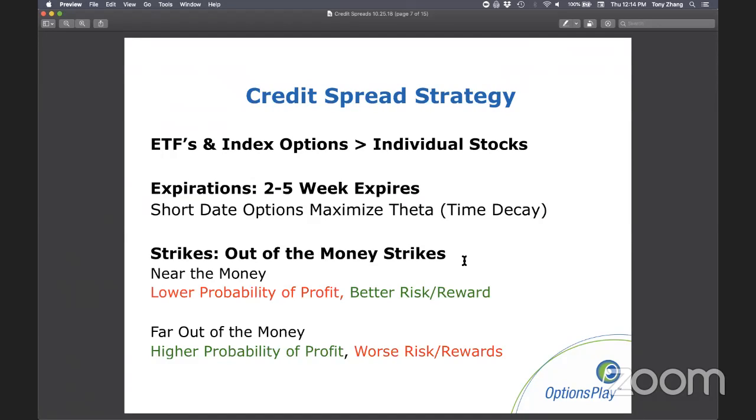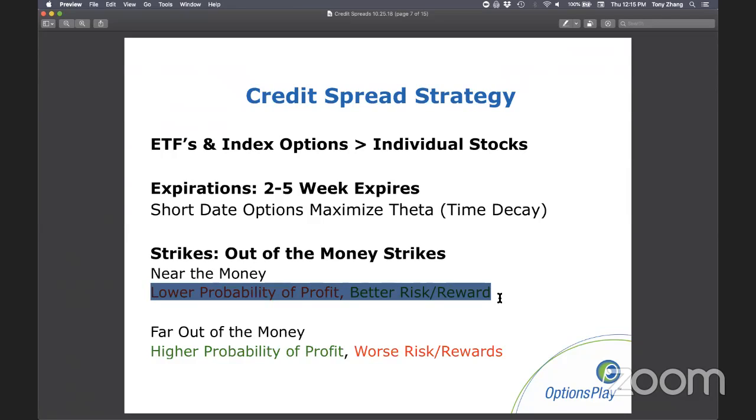And then lastly, when you're selling credit spreads, you always want to sell out of the money credit spreads, so you want to sell an at the money and then buy an out of the money, meaning the strikes, generally speaking, should not be in the money. Sometimes it's okay to have the short leg just around the at the money or slightly in the money, but generally you want to make sure that you're not selling something that's way in the money. When you're selling strikes that are somewhat near the current price, what you're going to get is a lower probability of profit with a better risk reward ratio.